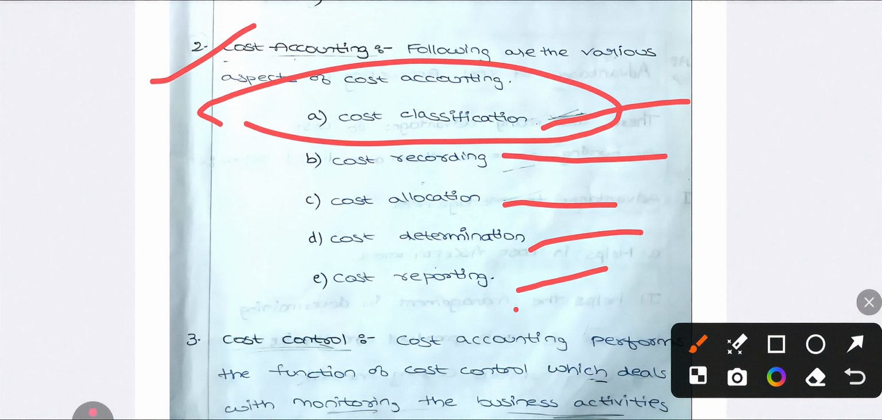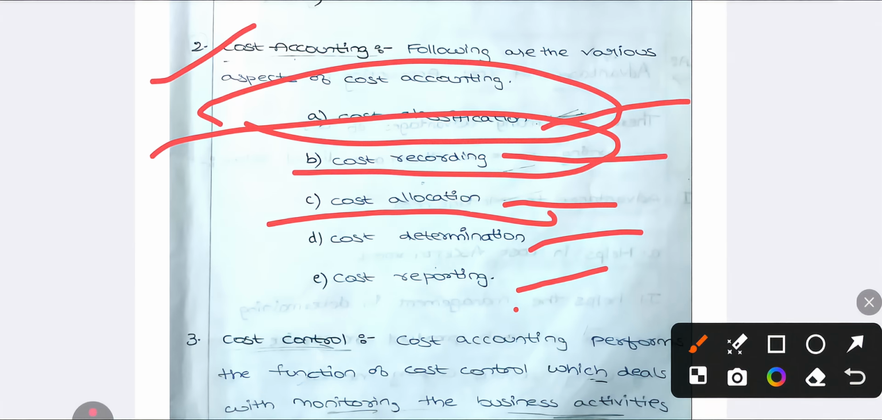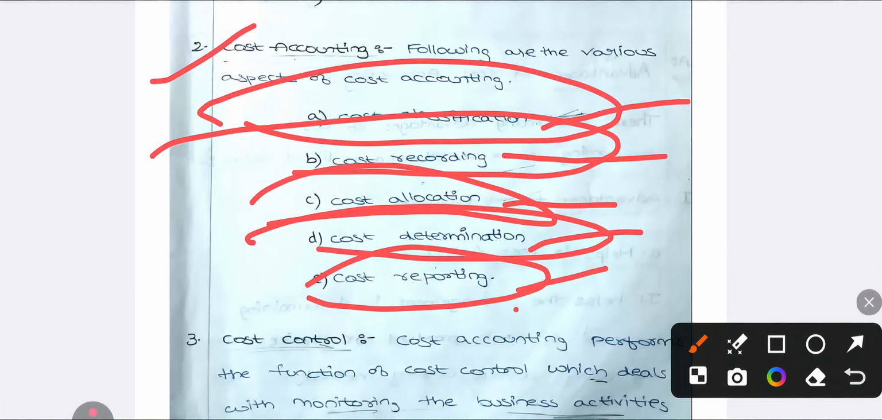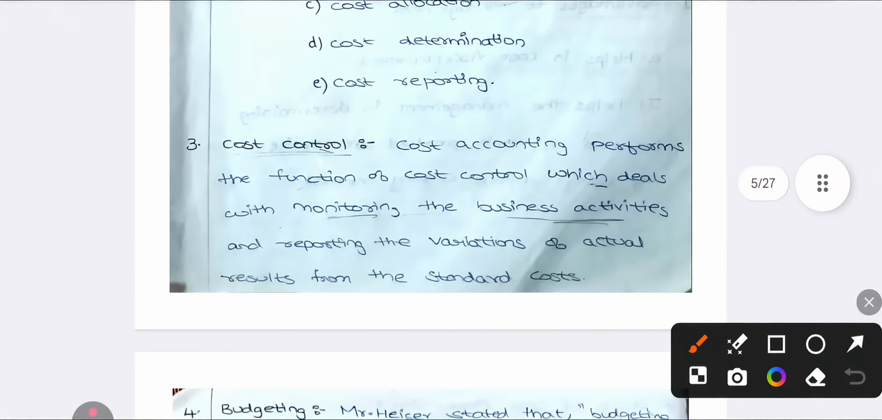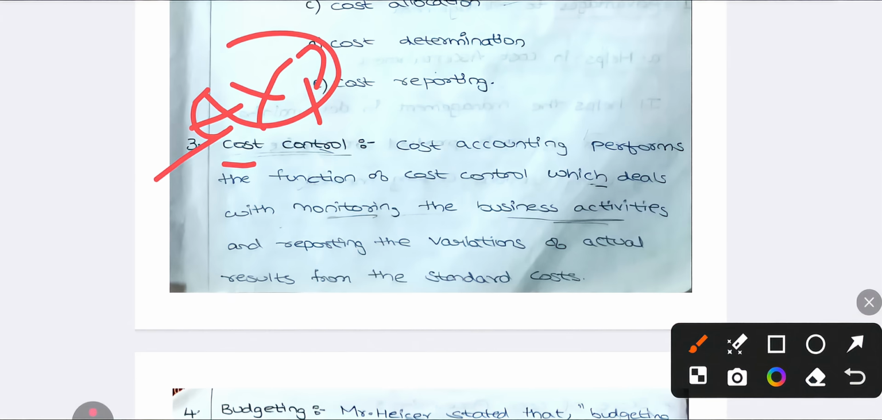It will divide the cost, it will record it into the systems, it will allocate, it will determine, and when you want it will give a report according to that situation. Okay, next one, cost control. Cost is expenses, control is expenses you are controlling. With the help of cost accounting, you can control your expenses. Means when you know the actual expenses